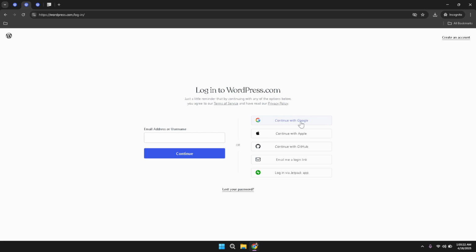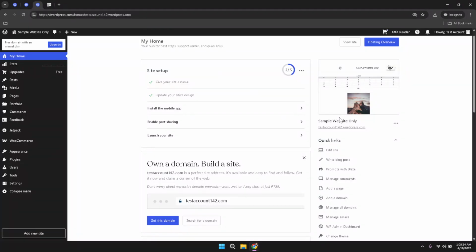Once you have successfully logged in, direct your attention to the Quick Links section. This area typically hosts several useful shortcuts to different site management tools. From here, locate and click on the Edit Site option. By doing so, you will transition into this site editor area, where you can make numerous changes to your site's